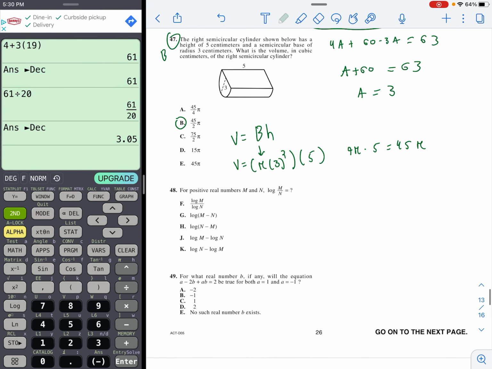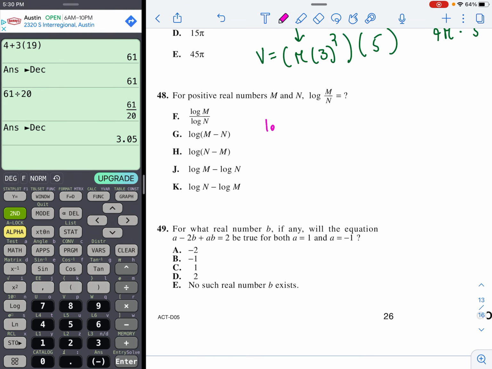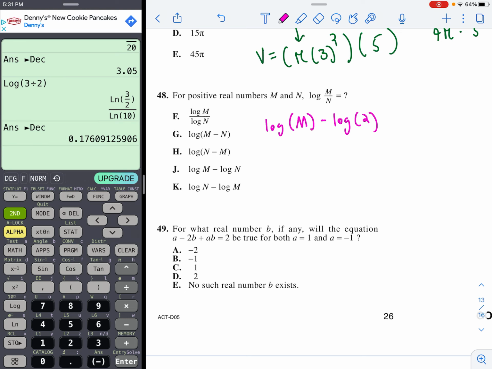Like I said, this log one comes up again, and you really just got to know these ones cold. The log of m over n is the same thing as, like the opposite of the multiplication one, the log of m minus the log of n. Particularly on this problem, if you're not sure, just make something up. Let's just say 3 and 2. The log of 3 divided by 2 gets you, let's convert that to a decimal,